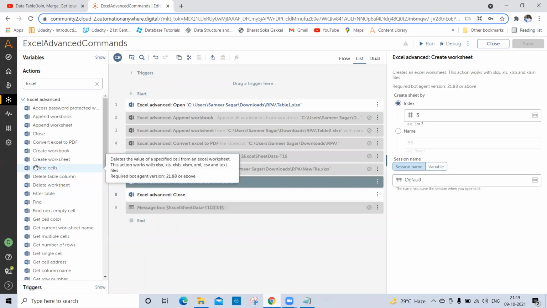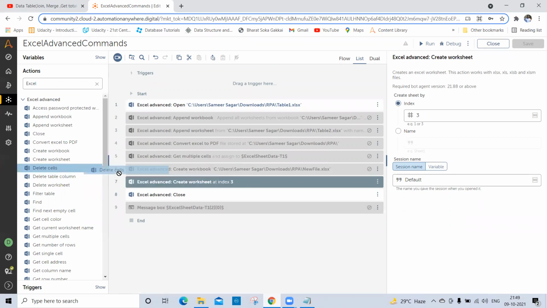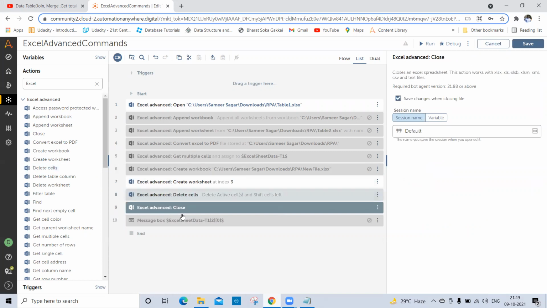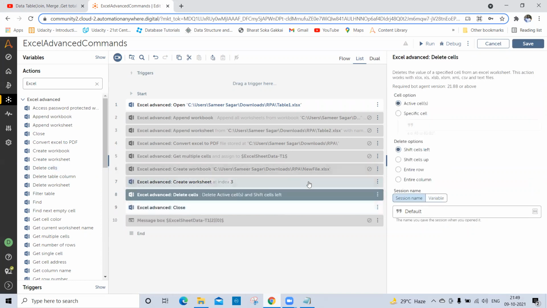Okay. So by using the delete cell command, we can delete any cell from any Excel file. And how can we do that? So disable this one. By using this, we can delete the value of a specific cell of any Excel file worksheet.